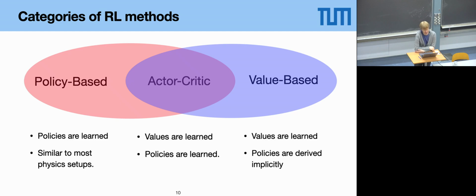In contrast to that, what I'll be talking about today are these value-based methods that use the idea of a value function. Policies here are either derived implicitly, then it's really a pure value function approach, or at the intersection of these two classes of algorithms you have actor-critic methods, where you learn both a value function and a policy. Just to give you a first overview of how reinforcement learning algorithms are classified. And let's now talk a bit more about these value functions.